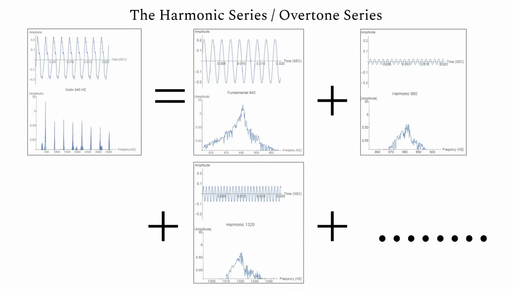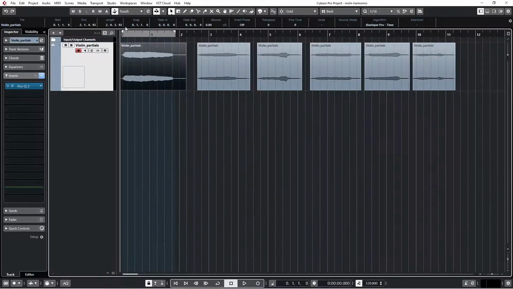What is the Harmonic Series? The Harmonic Series, as it relates to music, is a sequence of frequencies or tones where each of those frequencies is an integer multiple of a fundamental frequency. Typically, a distinct musical pitch from an instrument is made up of many pure sine waves. So even though you may perceive that pitch as having one frequency, there are in fact many frequencies present at various amplitudes. If I play an open A on the violin,